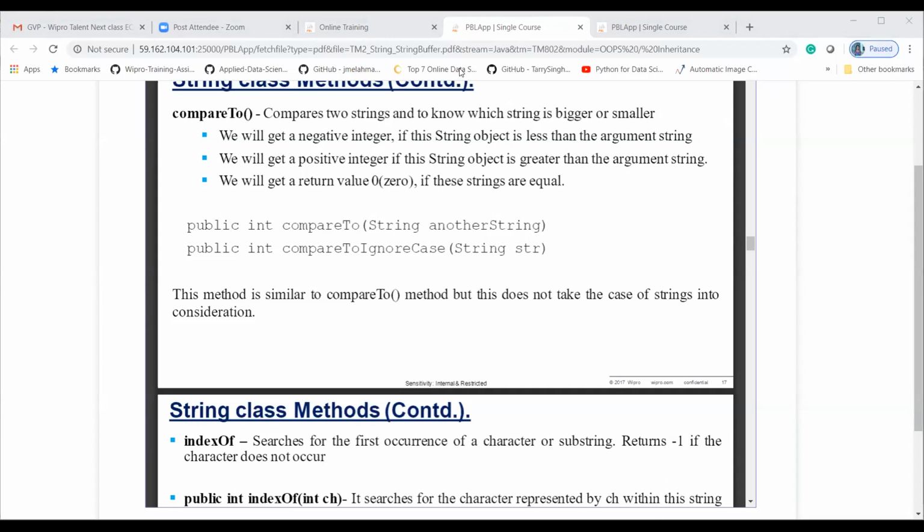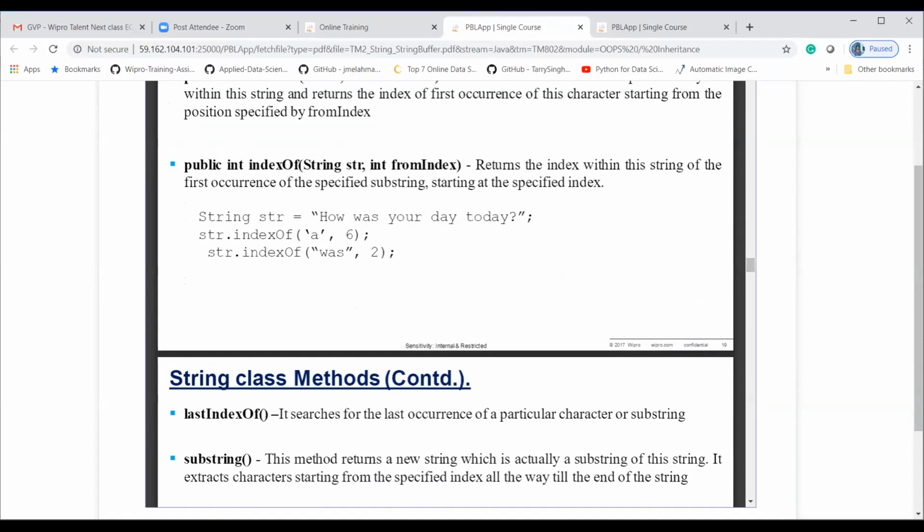Any doubts till now? Okay, let me show you one assignment question.